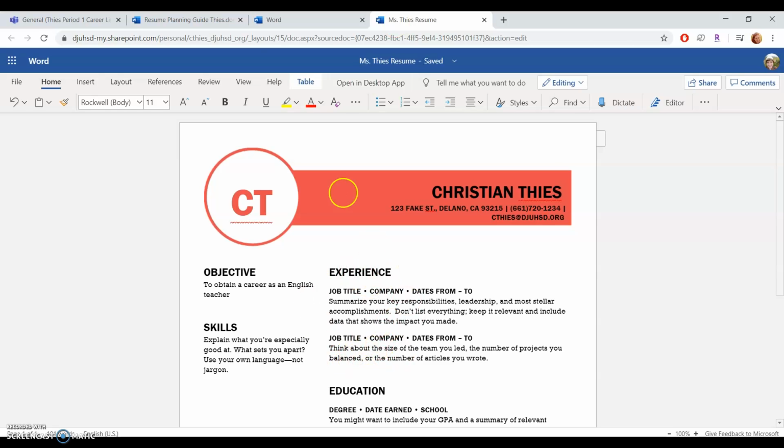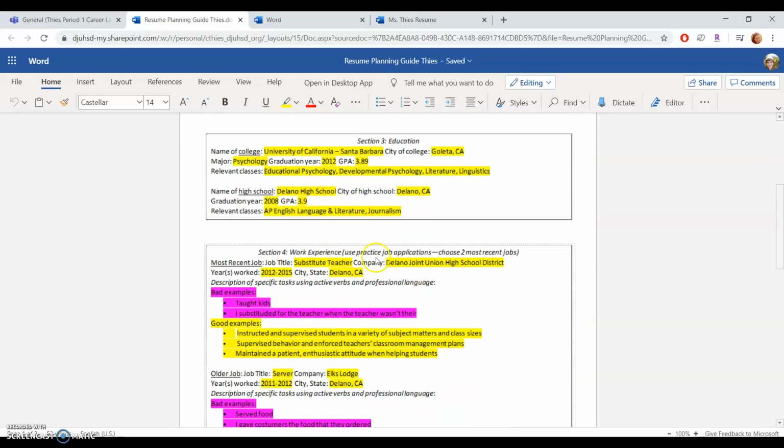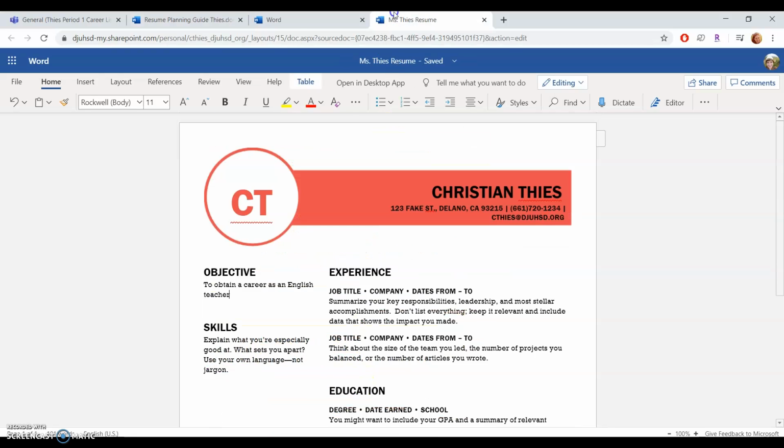For experience, again, I'm going to go down, and these are a little bit out of order, but that's okay. You can always put them in a different order. I'm going to replace all the information on there with my most recent experience. So for job title, I'm going to put substitute. And again, make sure you spell everything correctly. For company, I'm going to put the high school district. Instead of that, let's just do D. Dates from and to, I'm just going to put the years. So 2012